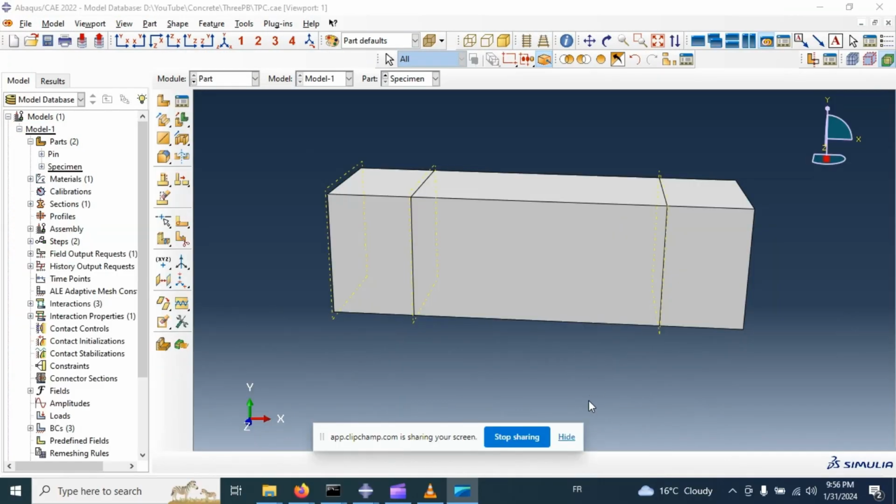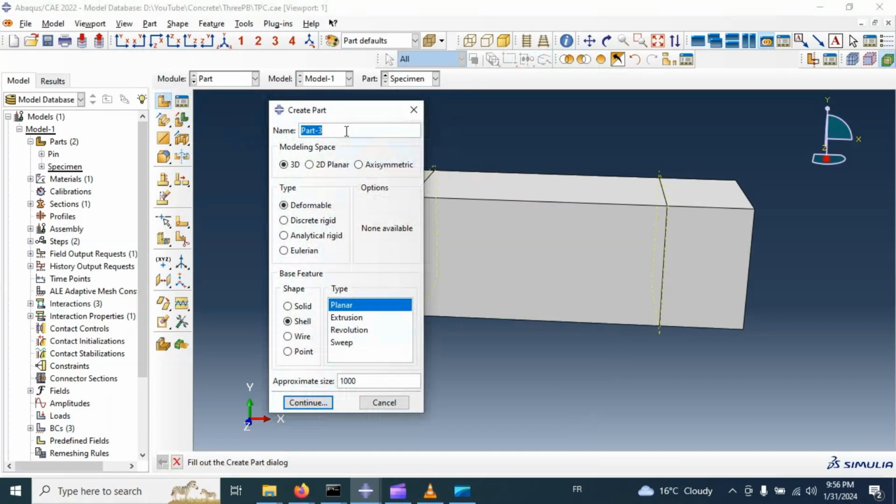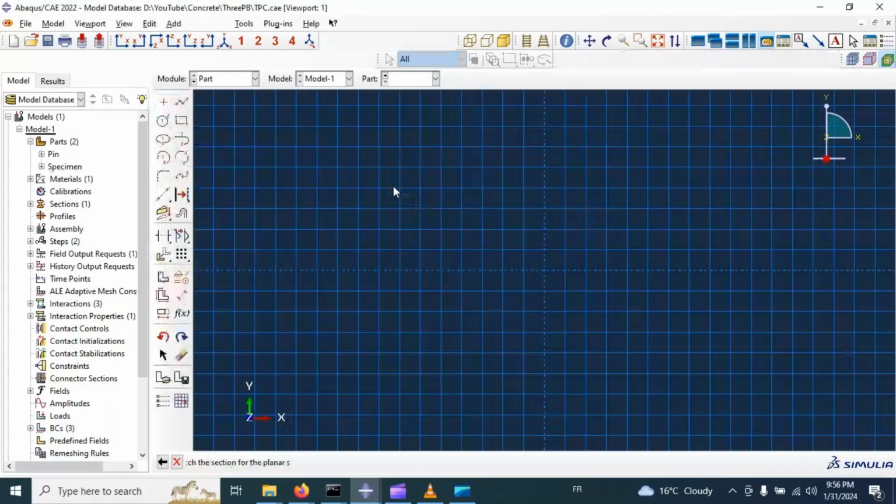Let's start with creating our CFRP sheet for strengthening our concrete specimen. Create part, CFRP sheet, composite sheet. Let's choose 3D, deformable, shell, planar. Click continue, and